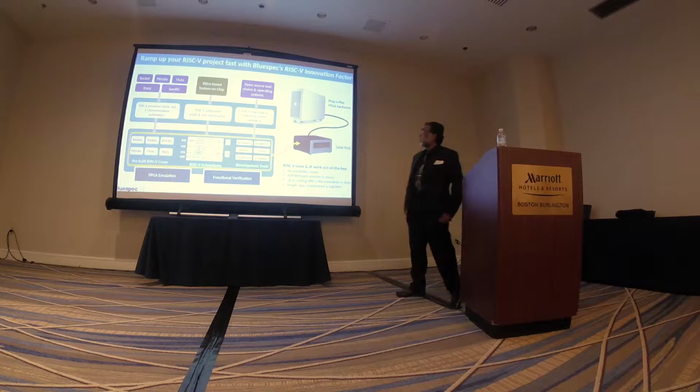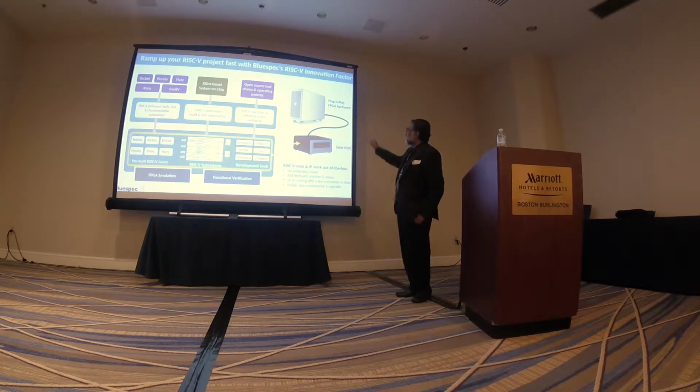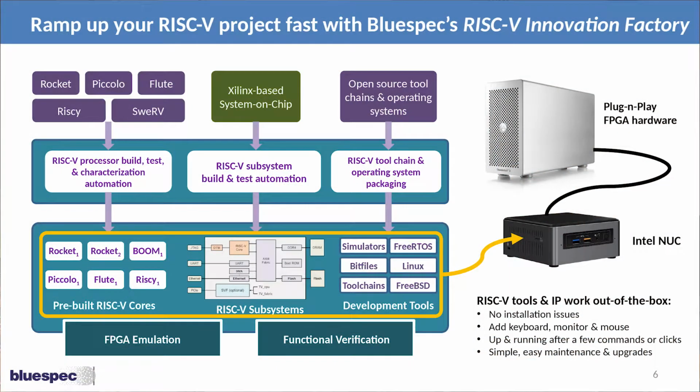So conceptually, this is what it looks like. Physically, this is what it'll look like. You will actually get a box, which is a small server, which is basically an Intel NUC server that has been pre-installed and preloaded with everything I just said so that you can run these things out of the box. It'll have a catalog of open source cores, some from us, some from others. It'll have an IP system surrounding it that is based on Xilinx IP basically, and